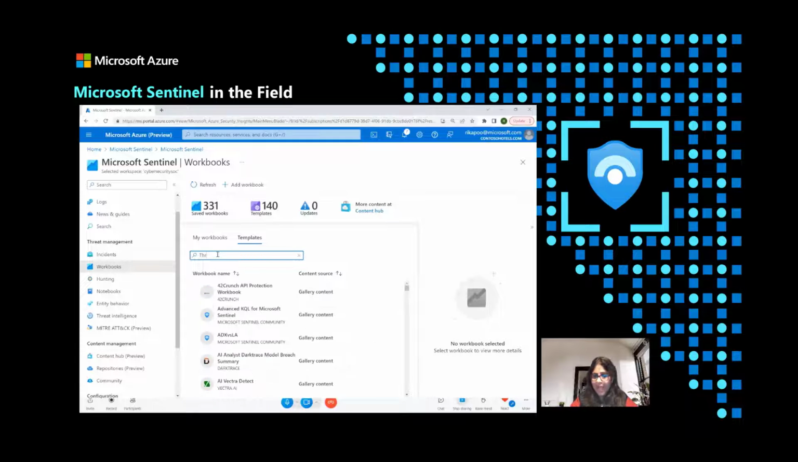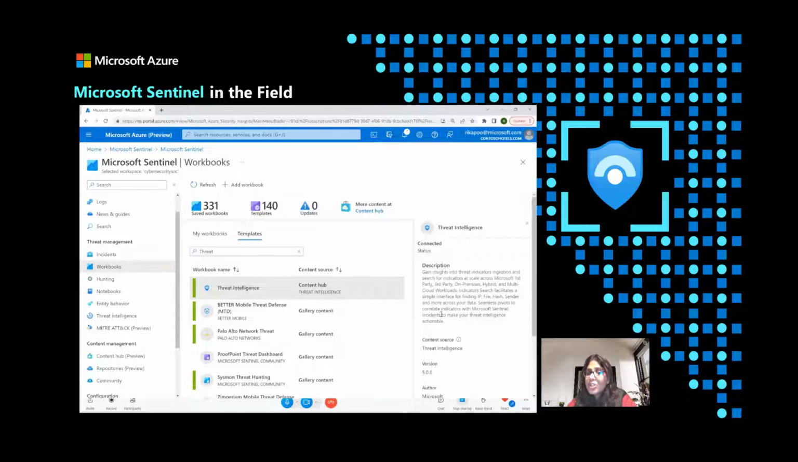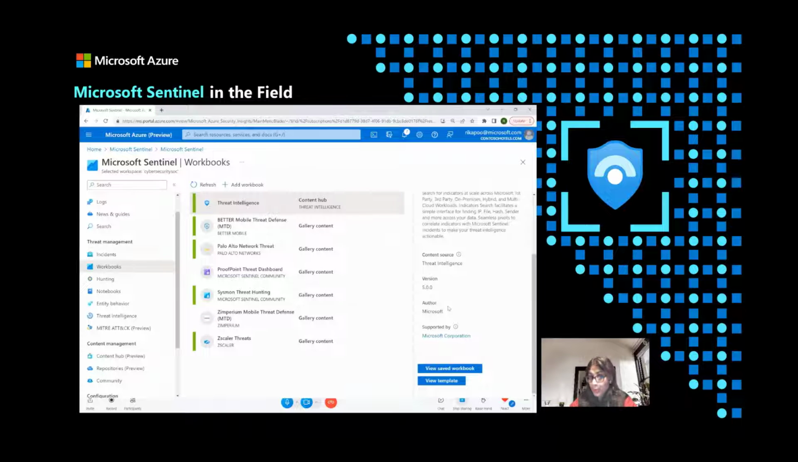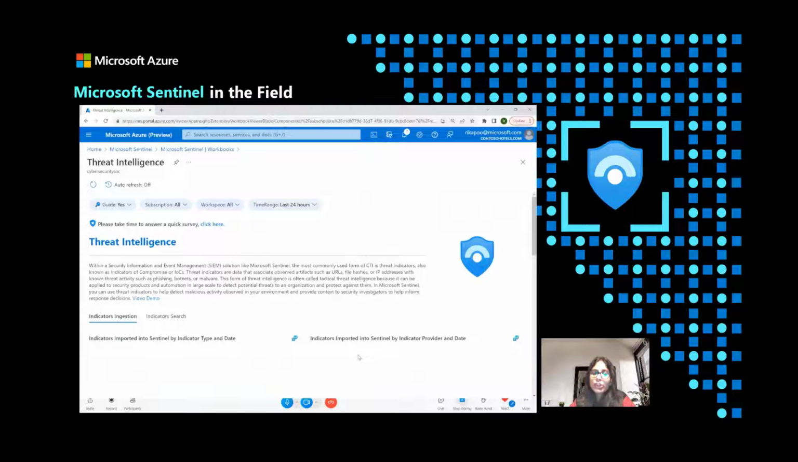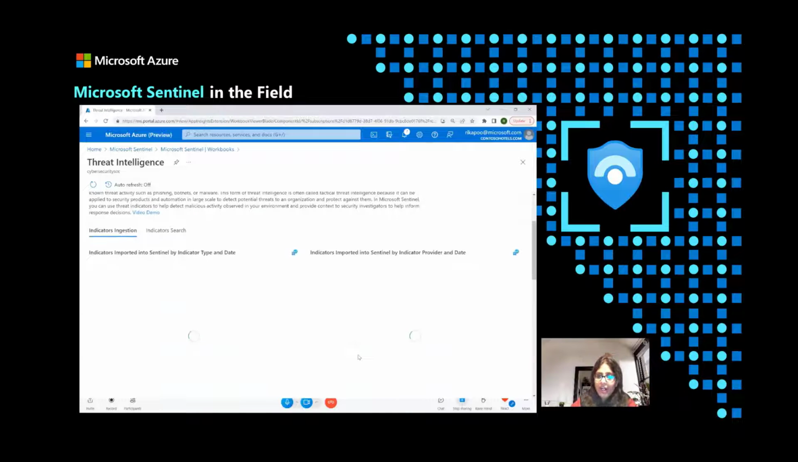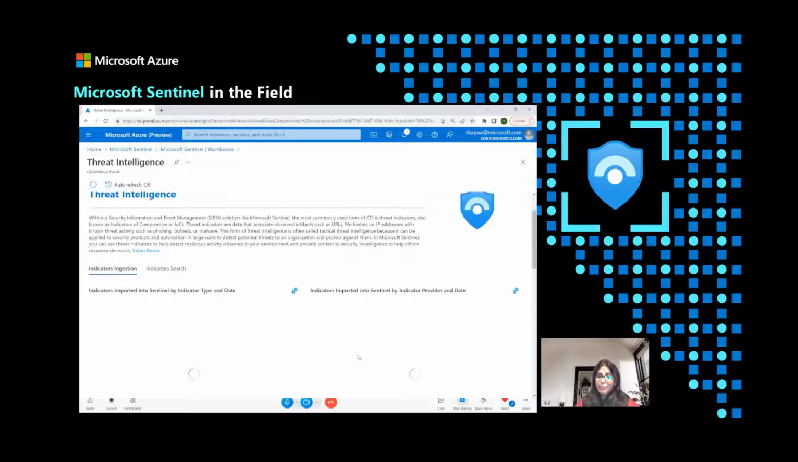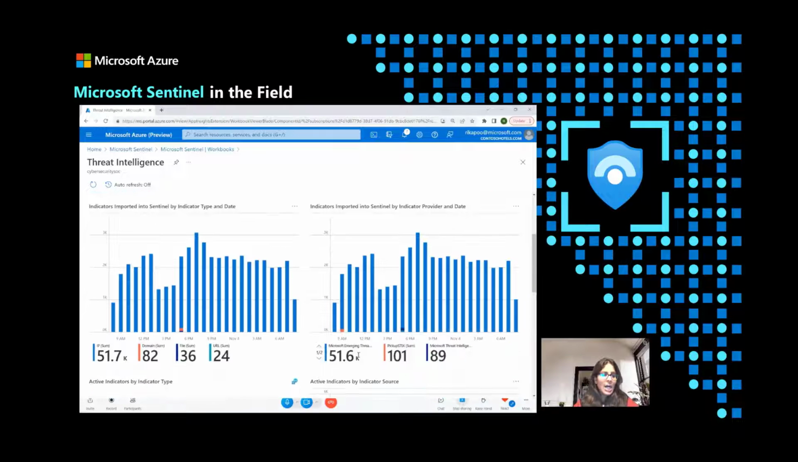Absolutely. So as you said, workbooks, right? Very, very powerful tool to visualize within Sentinel again. So we do provide a threat intelligence workbook out of the box for our customers. What this workbook essentially does is show you how your TI is performing within Sentinel. It shows you charts around what TI you've brought into Sentinel, sliced by the type of the TI, whether how many IP indicators, how many domains, how many URLs you've brought in, and also sliced by various